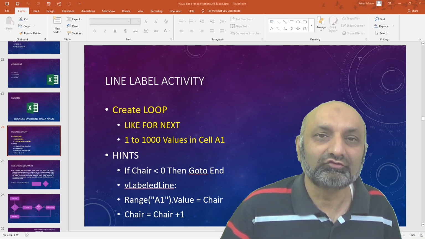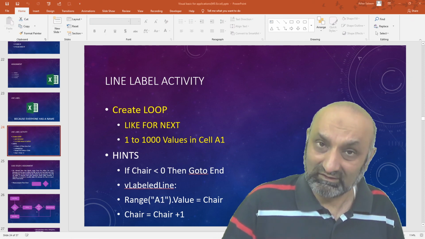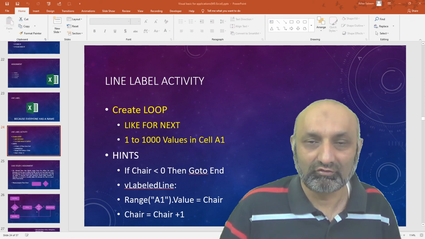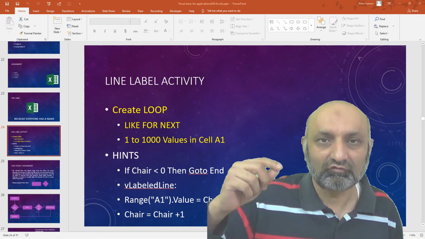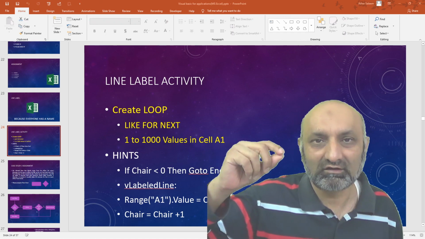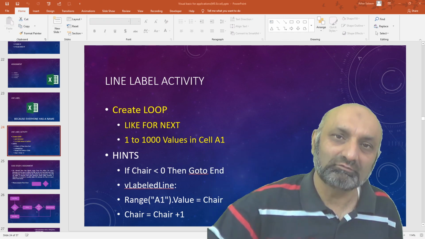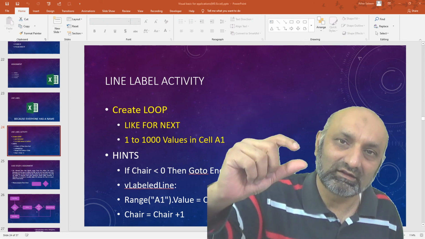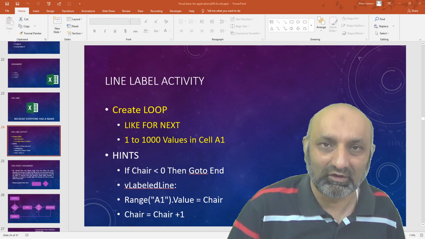So I want you to create a loop using the line label and GoTo command. In For and Next, the cursor was moving from bottom to top again and again till the value reached 1000 and then it quit.